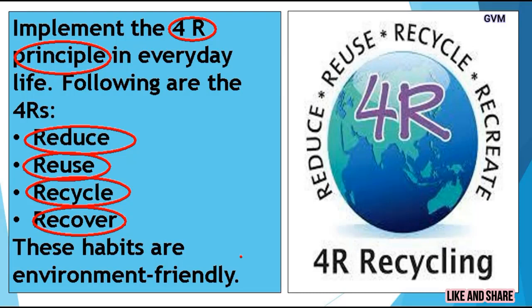Now students, there is a question: how can we minimize pollution caused by plastic at our home? So students, we should use jute, cotton or paper bags instead of plastics. And we also need to minimize the use of plastic in our daily life. And students, we should also not throw plastics on the road or in the water bodies. And that's how, by applying all these methods, we can reduce the pollution due to plastic in our environment.